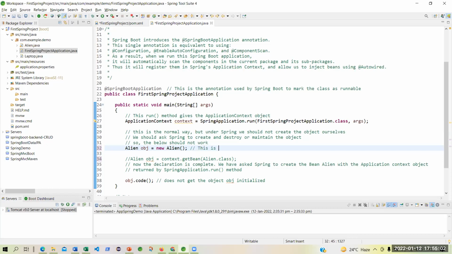This is the Java way of creating an object, but we are in Spring Boot. We should not create any object.